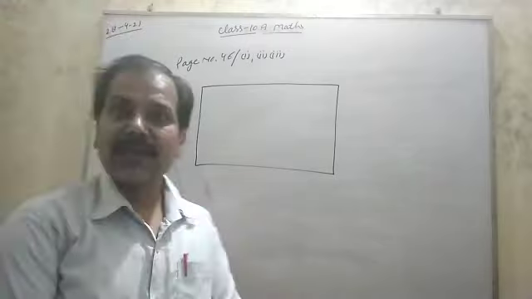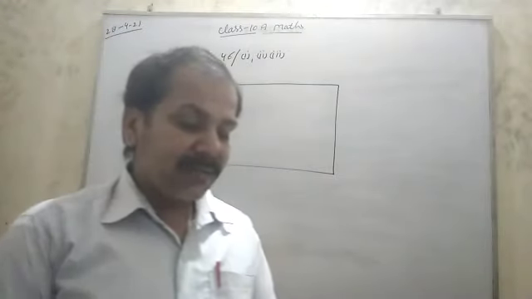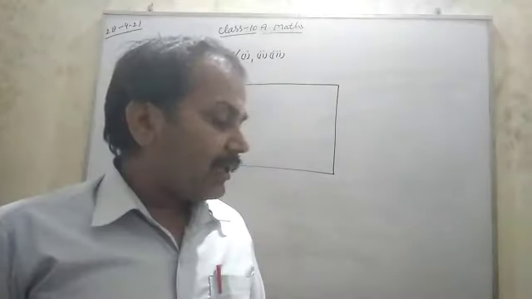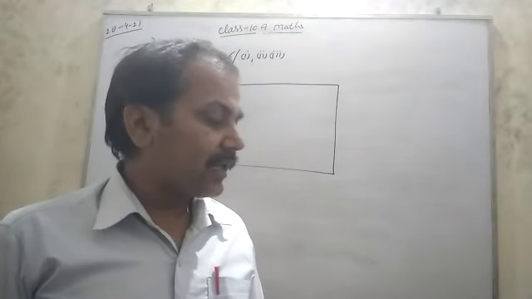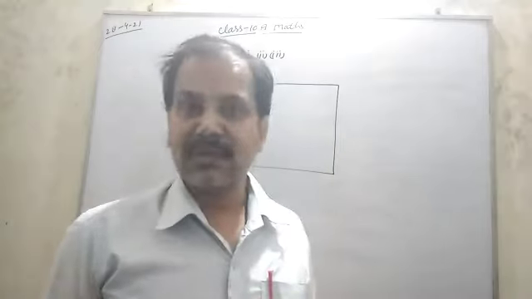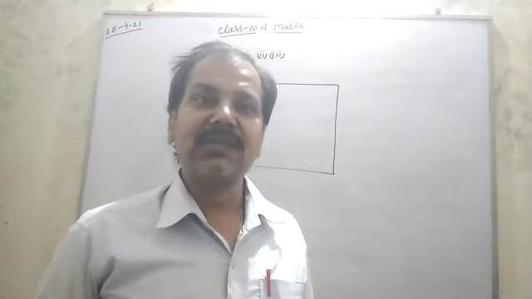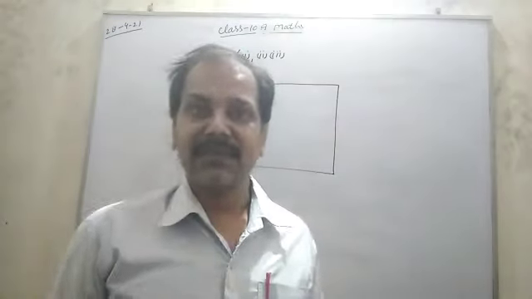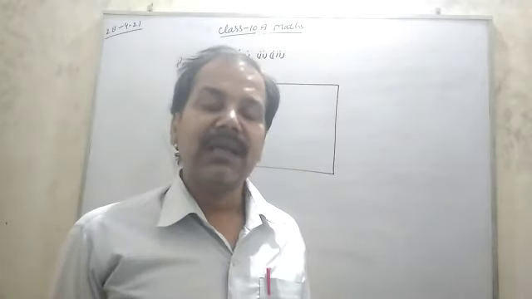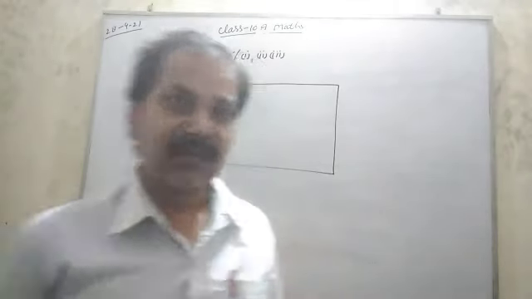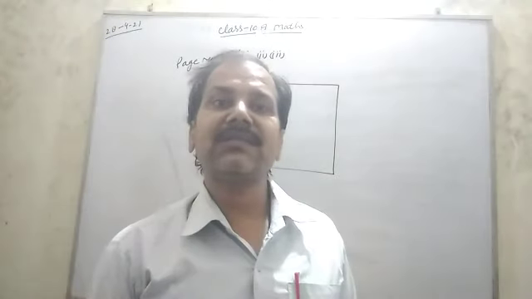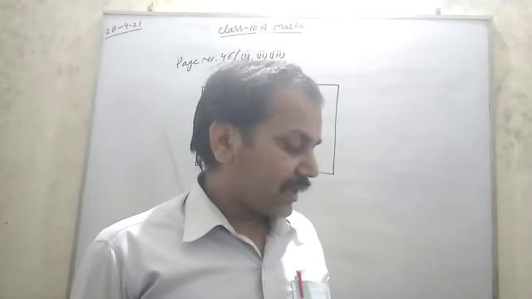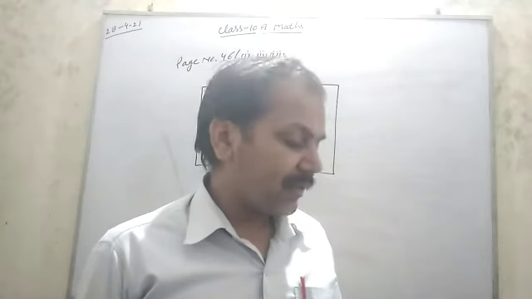So 3 points, one time listen carefully. The lines may intersect in a single point, these points already I told you, but one time you write it. In this case, the pair of equations has a unique solution. Okay, intersecting lines unique solution or one solution, and this is also called consistent pair of equations. If anywhere asking so that these pairs are consistent pair of equations, so if satisfying this are unique solution, I told you that a1 upon a2 is not equal to b1 upon b2. So that is showing unique solution, also consistent pair of equations.